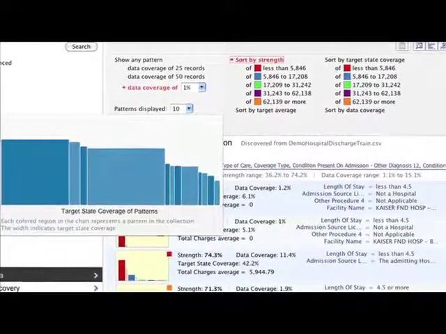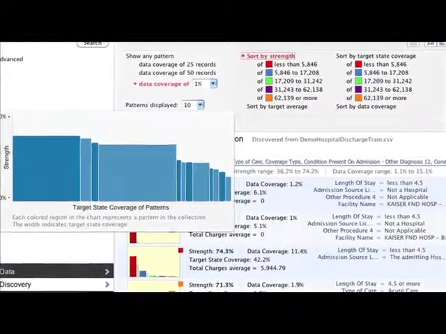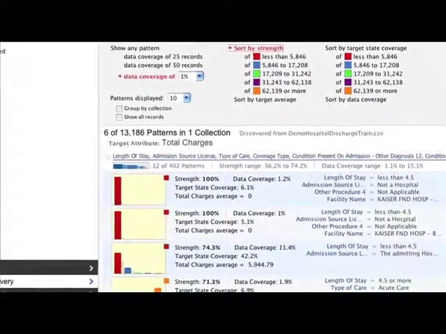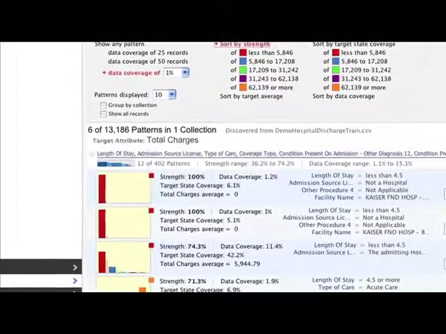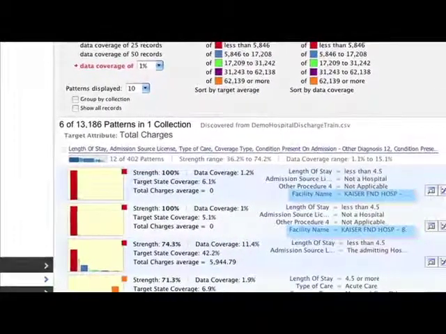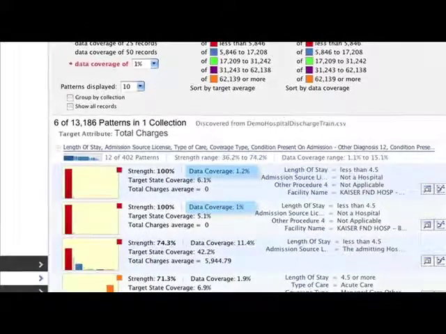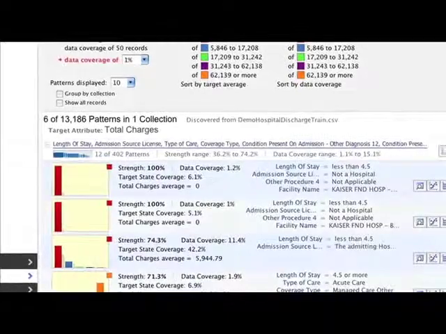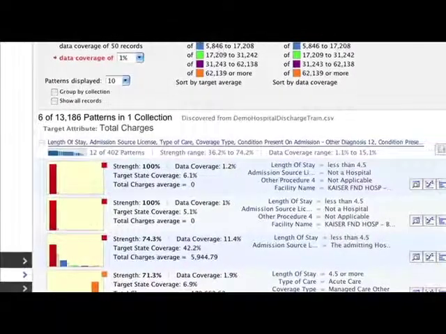As you can see, the pattern distribution chart changes significantly. Looking at the first 2 patterns, we see that they are extremely strong. They are pure patterns, and to the right involves the name of the facility. You can also notice that the data coverage is much narrower. The overall change is that by viewing patterns in the context of strength, you can isolate strong but tighter clusters